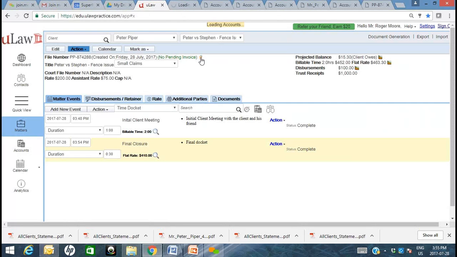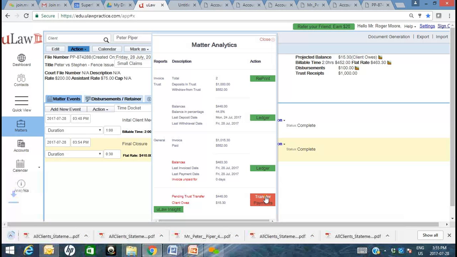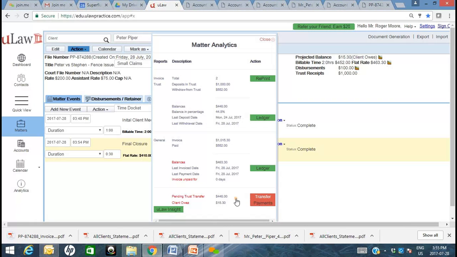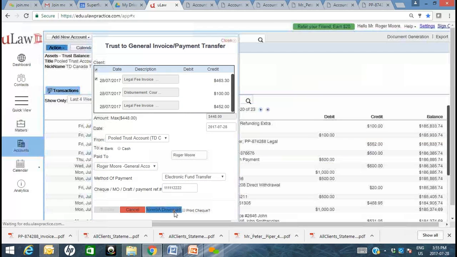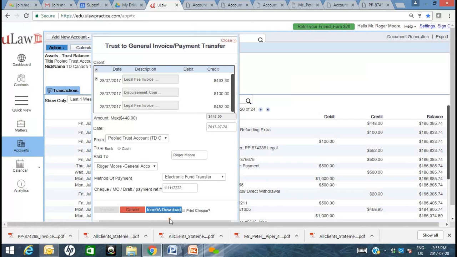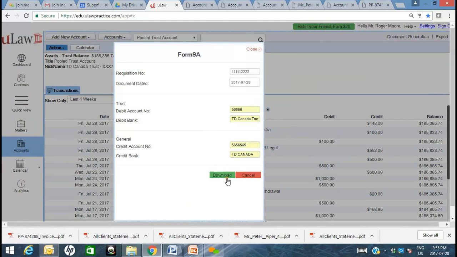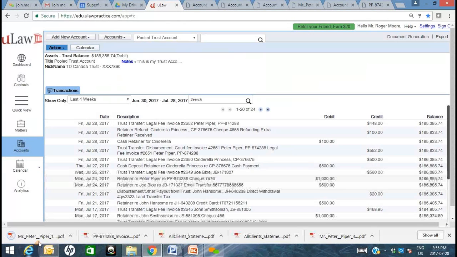I'm going to go ahead and do my second trust transfer of $448, which was the remaining out of the $1,000 that we first received. And again, the second Form 9A. Once you've provided the information, we kind of retain that for simplicity. And here's the second Form 9A. So there's two Form 9As that we've generated so far for this matter